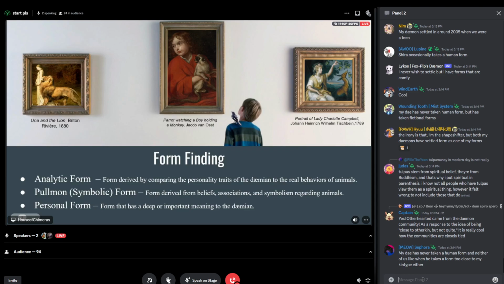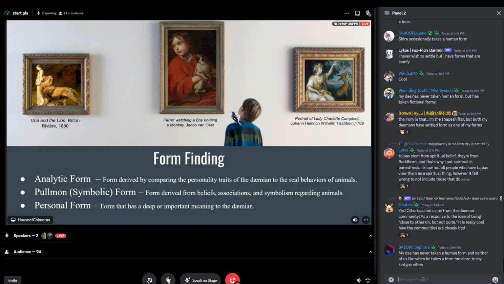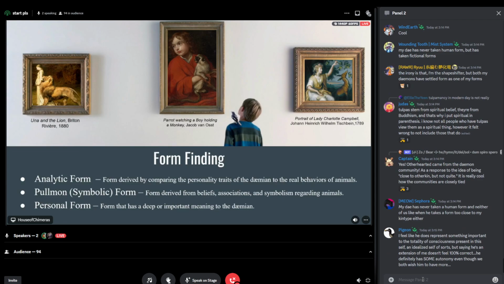Okay. So the act of searching for what forms best fit a person's personality and sense of self is called form finding. Over the years, the community has created several different form finding styles. Within each style, there is a different methodology to how an animal is compared to a person's personality, interest, etc. The form finding systems that currently exist in the community include